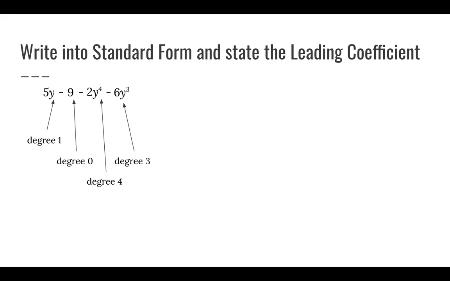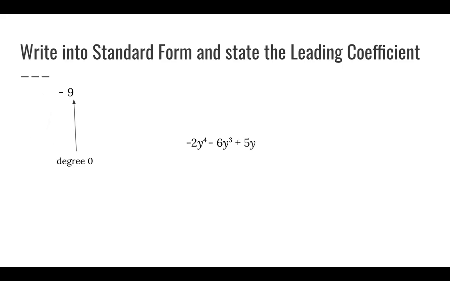I look at each of my degrees and I find the largest one. The largest degree is a 4. So I'm going to take that one and write its term first, minus 2y to the 4th. The next largest degree, 3. I am going to take the negative 6y to the 3rd and write it after the minus 2y to the 4th. The next largest degree I have is a 1, so I'm going to put plus 5y. And the last piece that I have, the negative 9, which has a degree of 0, so that's going to go last. So the standard form of this polynomial is minus 2y to the 4th, minus 6y to the 3rd,